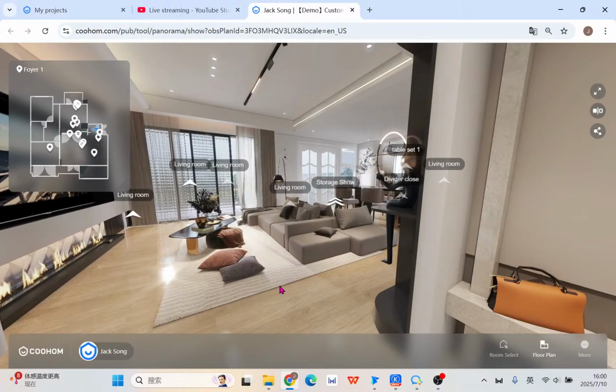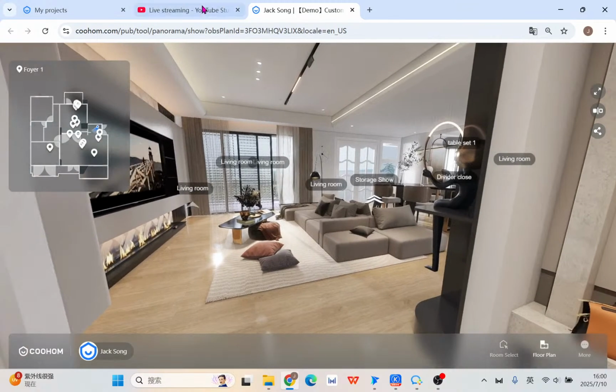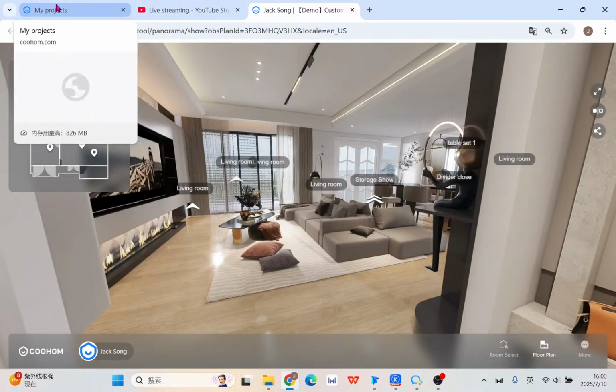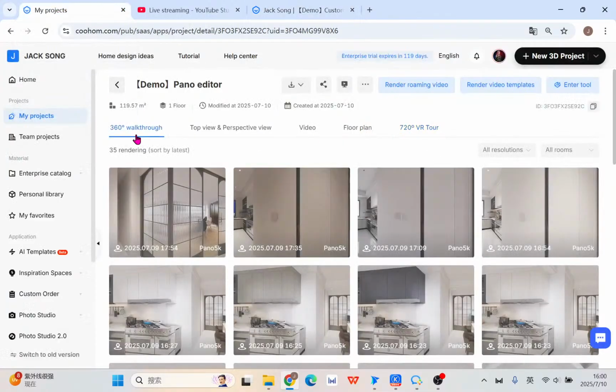Okay, today's topic is something related to the walkthrough editor, also what you may have known before as the Panorama editor. Today we are going to talk about some of the detailed settings in this kind of tool. Because, as you see, if you know about our tools, in the Coohom design